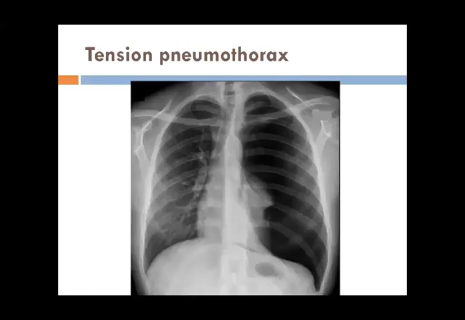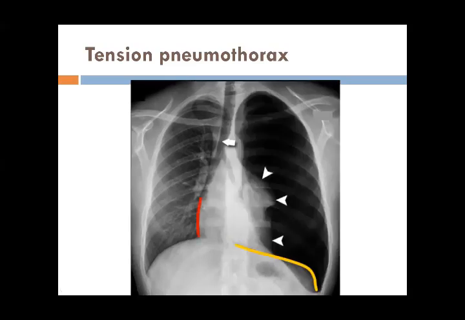This is again a tension pneumothorax, and if you see that the heart is shifted toward the other side, the trachea is shifted. This is the deep down or the beaking down of the diaphragm, and the lung collapse is here. And if you see, there is no lung marking here. So this is the tension pneumothorax which has caused the displacement of the mediastinum as well.